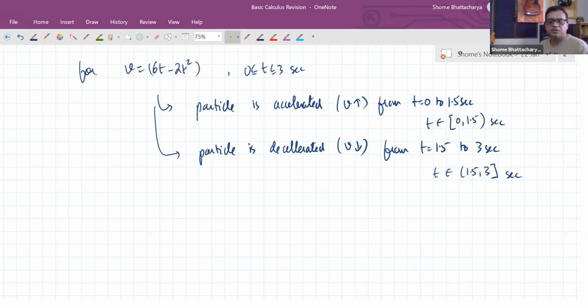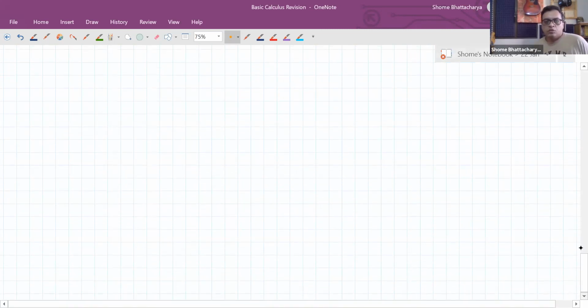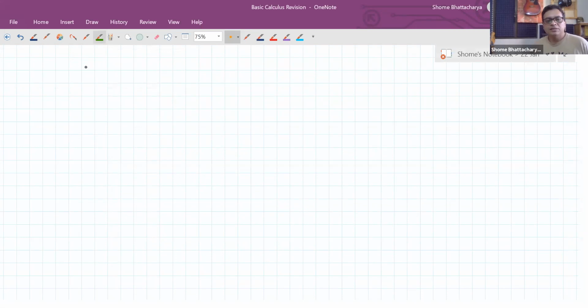So positive means that it is accelerated motion with speed increasing. Negative means that it is decelerated motion with the magnitude of velocity or speed decreasing in this particular case. Okay. Now, next thing we will look at is more about application of derivative. Not just that it gives us information about the increasing and decreasing nature of the function, but it gives us more information about the local maxima and the local minima also. Okay, so as we're talking about local maxima and minima,